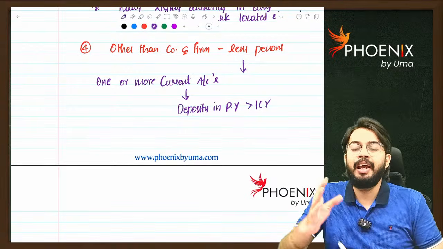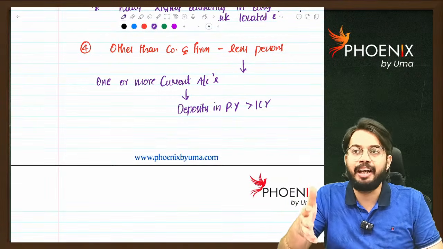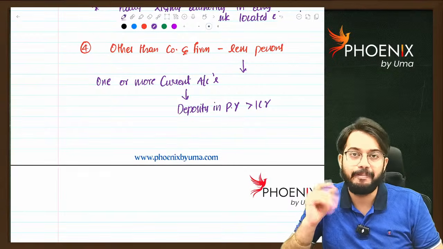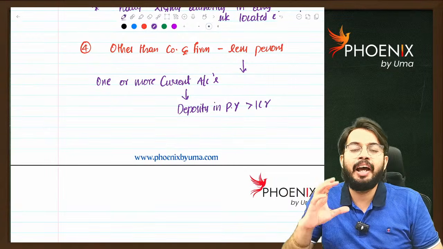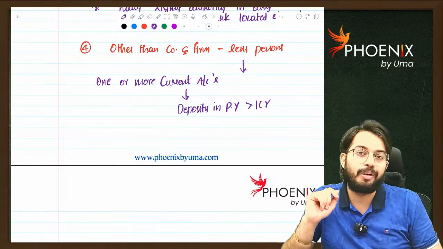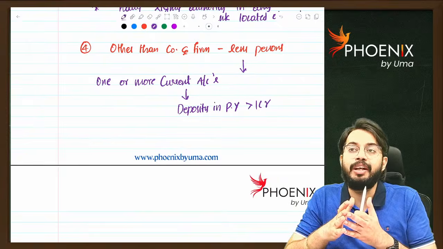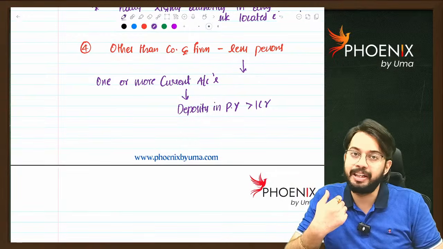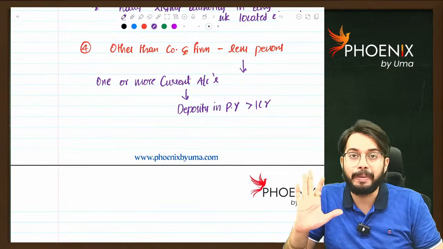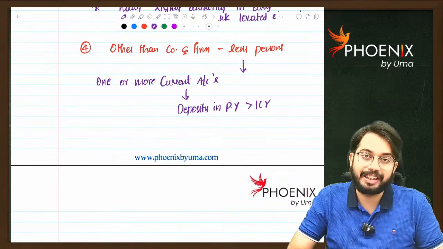For suppose, like I am Umasankar, I am an individual, I started teaching CA final DT and CMA final DT. Now, down the line, I recorded lectures, I sold all those lectures, I opened two current accounts, one in SBI, another one with HDFC. Two current accounts together, whatever receipts I have received, if it is more than 1 crore rupees, then I am mandatorily required to file ITR even though I get losses. Are you able to understand?